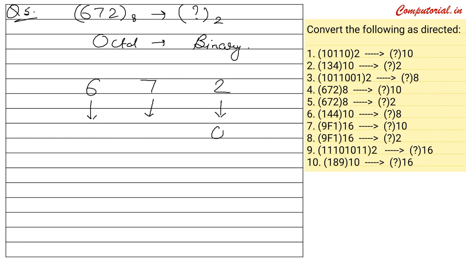So in that table 2 can be written as 0 1 0, 7 can be written as, I hope, 1 1 1, and 6 can be written as 1 1 0, and then you have to write your answer. So it will be with the base of 2. That's it, the easiest one. Now let's move to our question number 6, that is decimal to octal conversion.